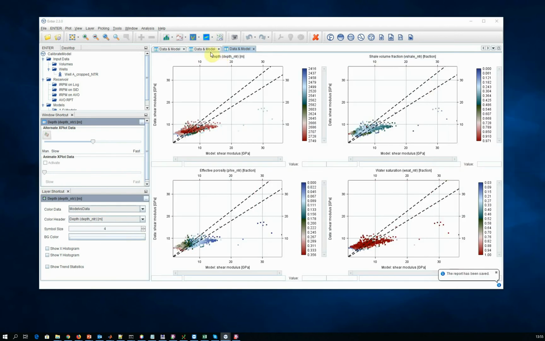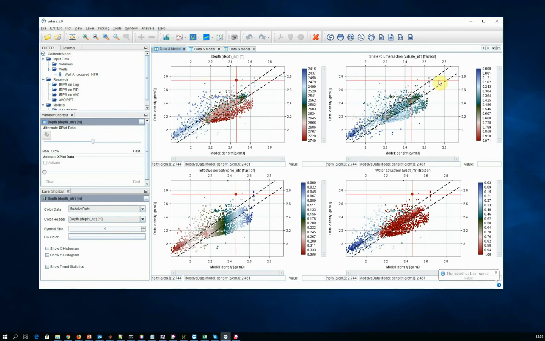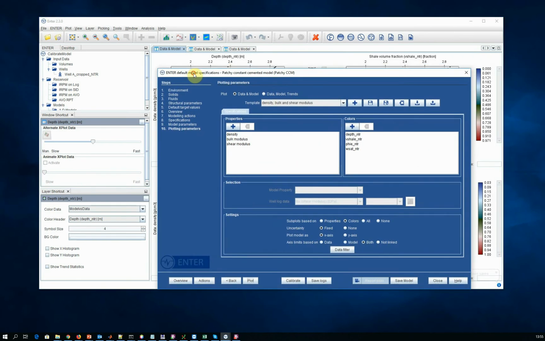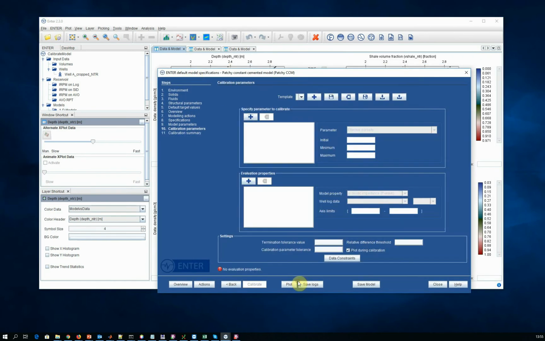So you can see here now on the plot we have a cross plot of data versus model, with different color codes. Now they didn't fit very well, and that's because we haven't calibrated the model yet. To do that, we go into Calibrate and we